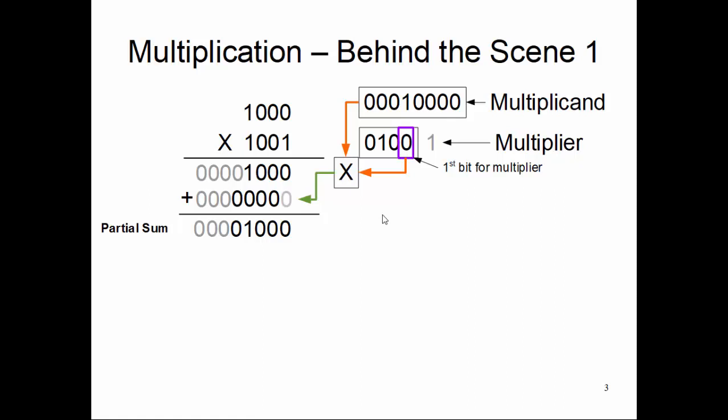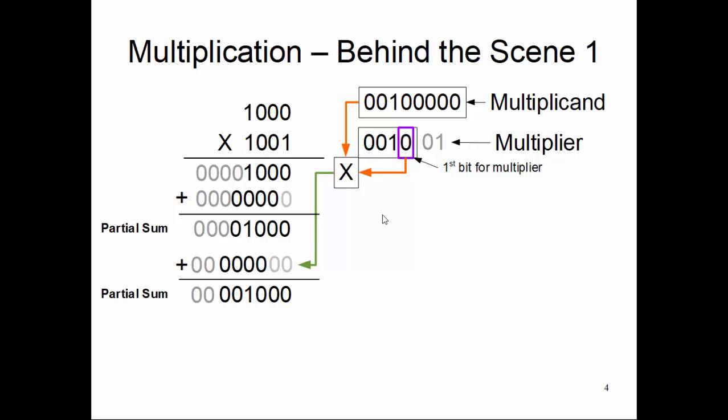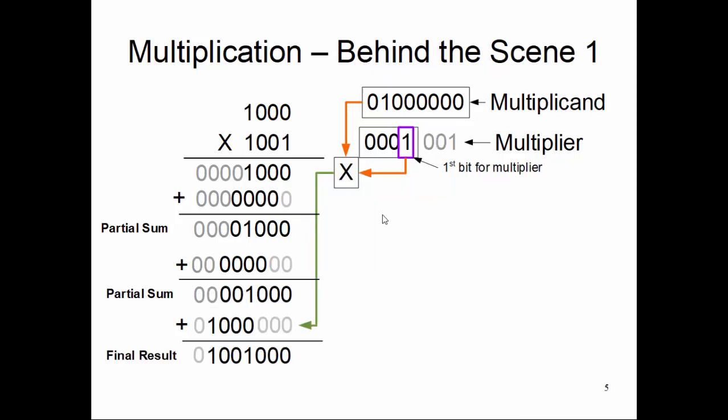Once the partial sum is done, we repeat the process: left shift the multiplicand by 1, right shift the multiplier by 1, do the multiplication, and do the partial sum. One more shift operation on both registers, multiplication, add, and we get the final result, right?